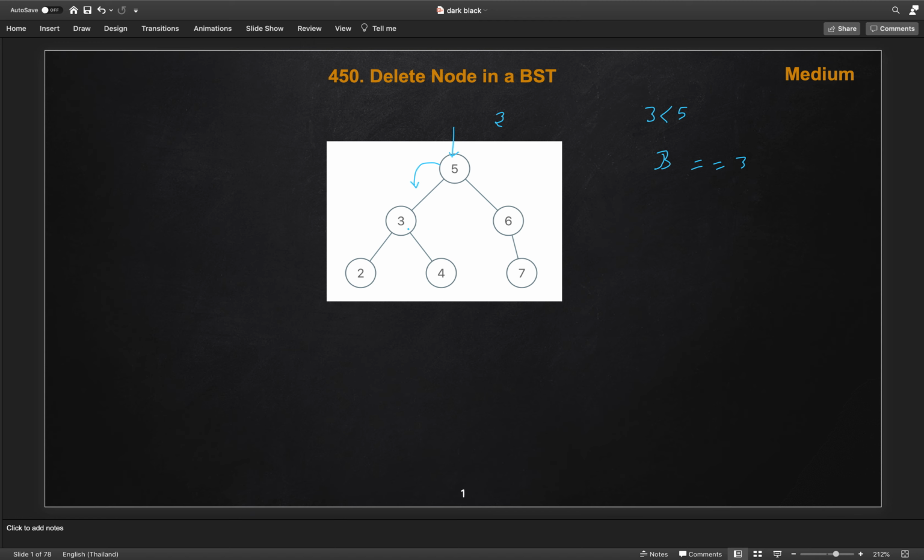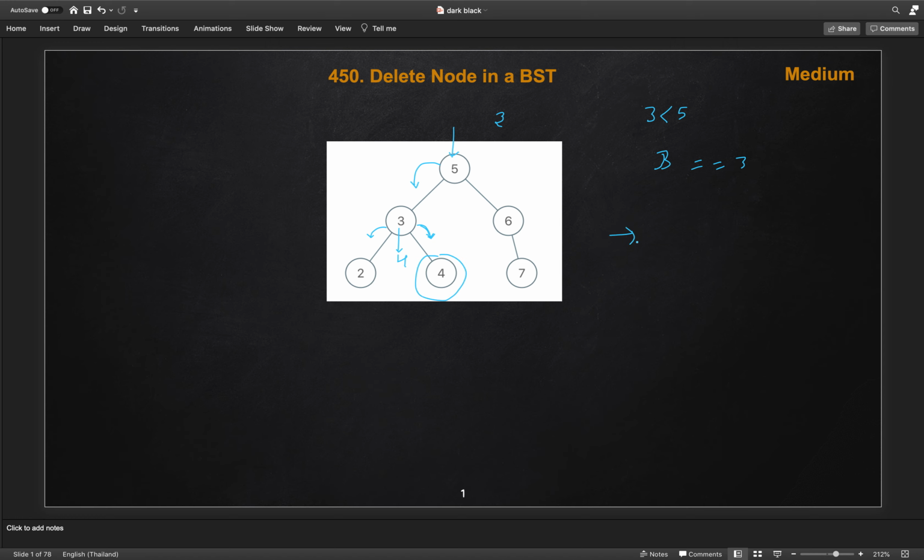For deleting this, we need to check if this node has a left and a right child. If it has both children, we can't simply delete it. For that case, if the node we need to delete has both children, then we will go into the right subtree and find the in order successor. The in order successor of the node 3 is 4. So we will update this node value with 4, and then we will call delete on the successor node. Then we will delete this node.